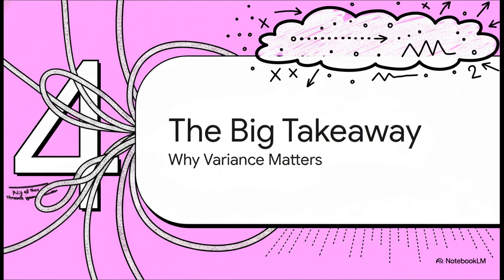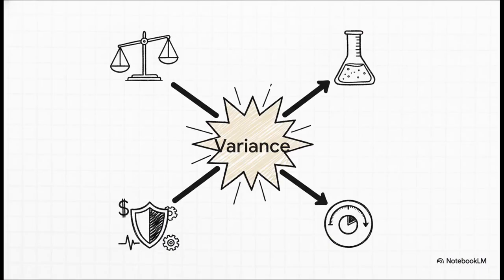Let's pull this all together. Why is this one idea, variance, one of the most important concepts in all of data? Because at the end of the day, variance isn't just some number you calculate on a spreadsheet. No way. It's the bedrock for making smart, informed decisions with data. It tells us exactly how to design our experiments. It's the critical dial we have to tune to fix those bad AI recommendations we started with. And it is the universal language for measuring risk and uncertainty, everywhere from Wall Street to your doctor's office.